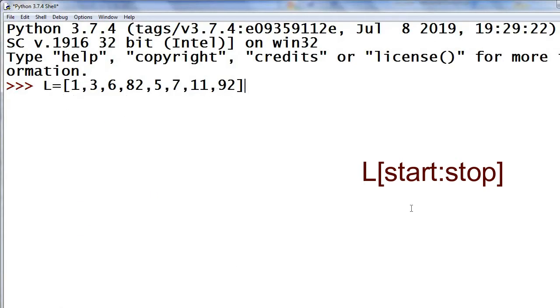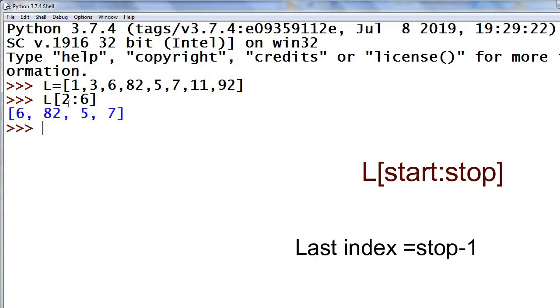List L, then slicing L[2:6]. It will start the slicing at index 2 and end at index 5: 2, 3, 4, 5. One more example, L[3:7].